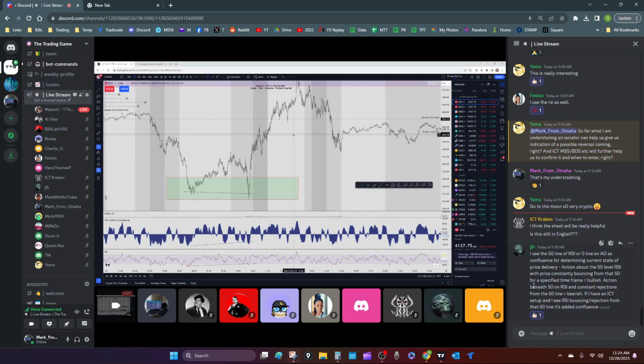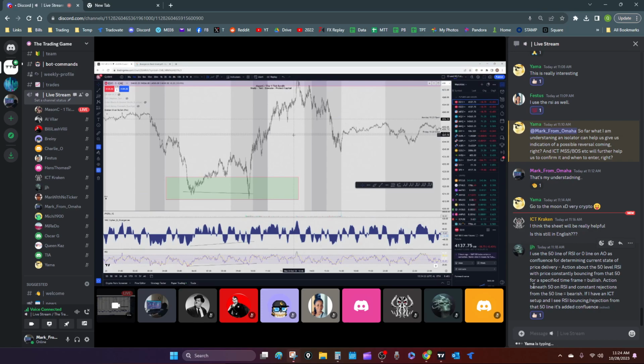I use the 50 line of the RSI or the 0 line on AO as well as confluence for determining certain states of price delivery. Action above the 50 level RSI, with price consistently bouncing from that 50 for a specific time frame, equals bullish. Action beneath the 50 is bearish. If I have an ICT setup and I see RSI bouncing, rejecting from the 50 line, it's a